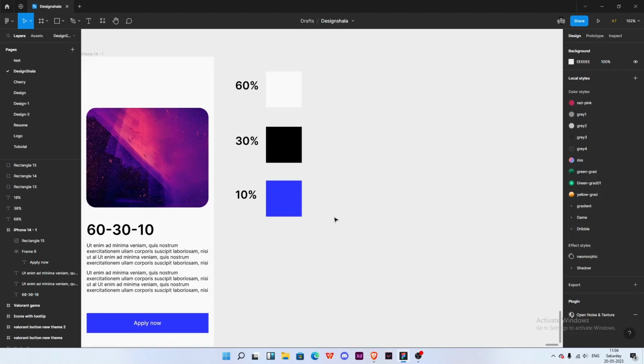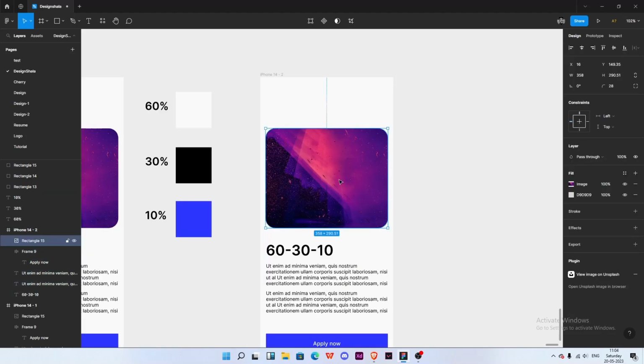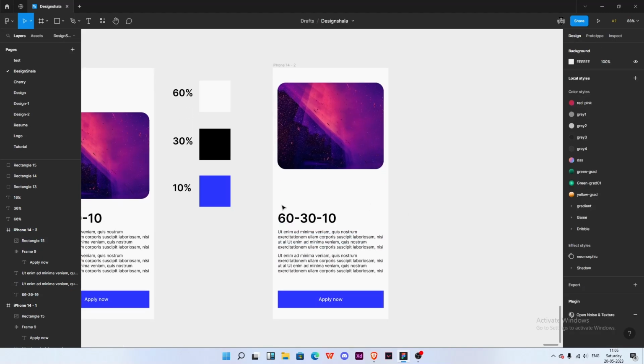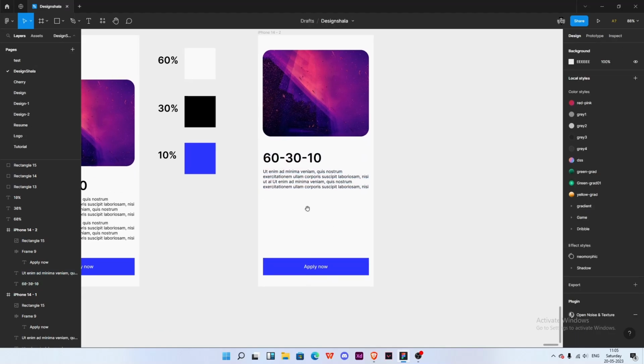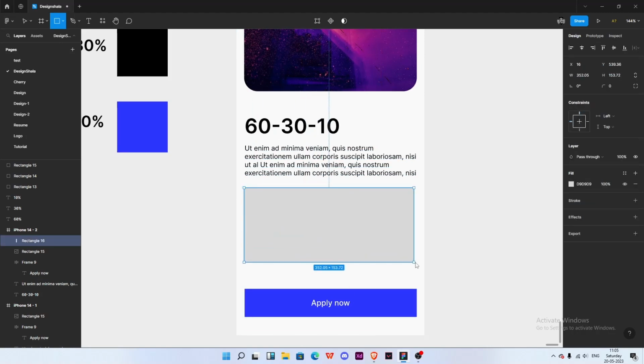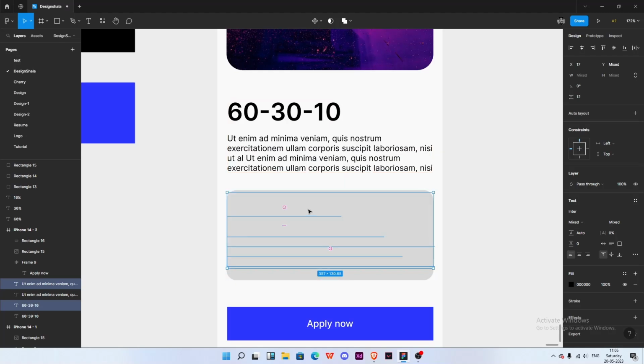But here are some scenarios that you have to consider, right? Let's talk about some other scenarios. For example, let's say the image is there, fine, let's move the image on top of it, and let's reduce the text. Let's say this is your design, right? Inside there is another rectangle. You could say that this rectangle is going to be your nudge, right? Inside the nudge, let's take this one, copy this one,